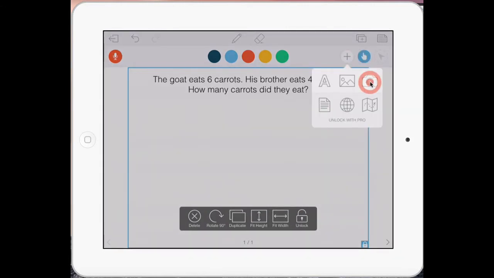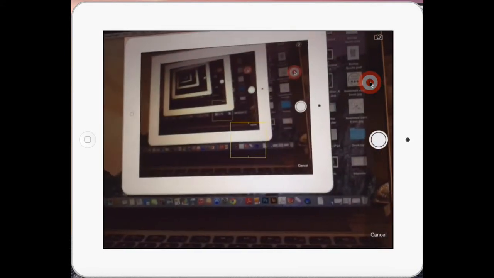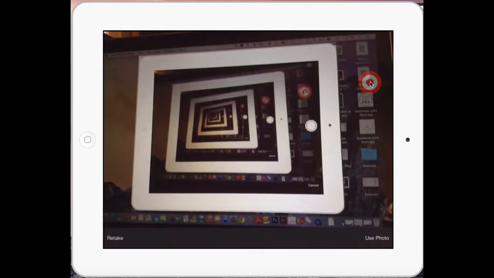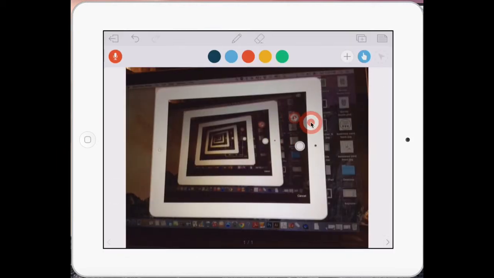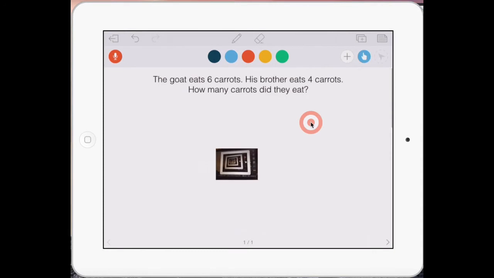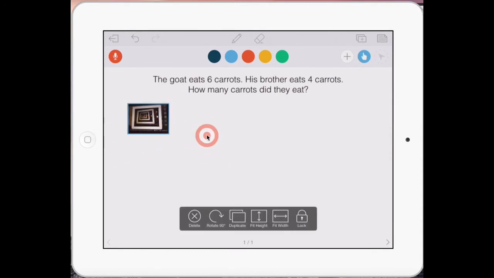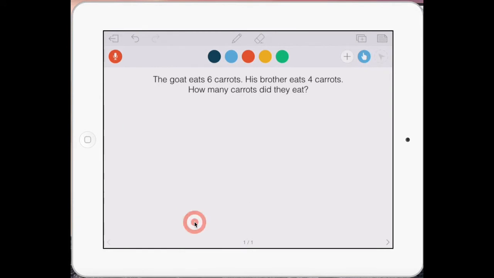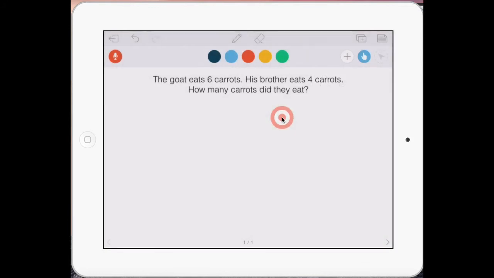We also have the option of taking a picture if we want to. We always say OK to allowing the camera. And you can take a picture and you can use it in your EduCreations and size it however you want. And then of course, in order to delete the picture, you just click on it and you can delete it or do whatever those options that you want. The things down here you have to pay for, so I'm not going to talk much about that.